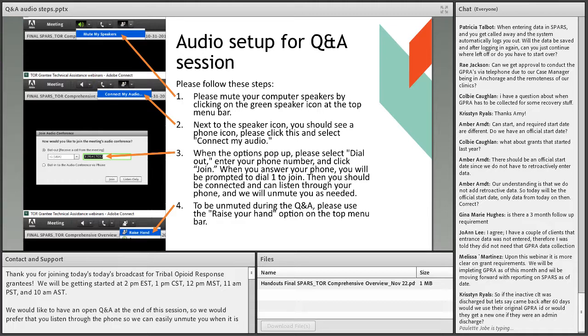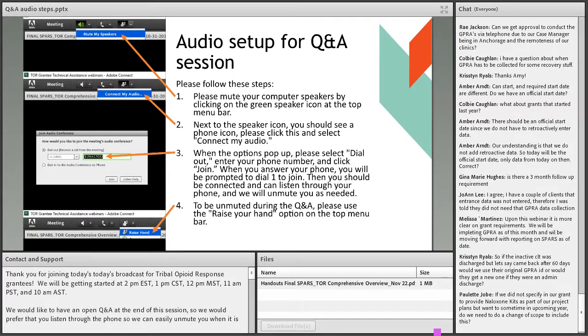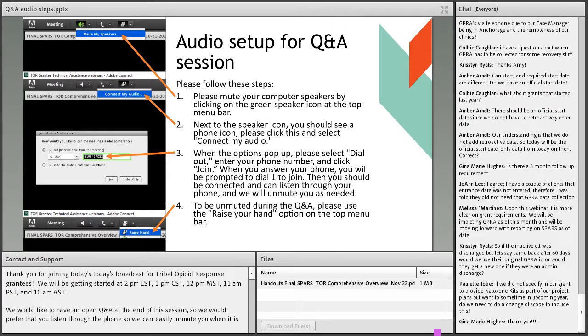Next question is from Gina. Is there a 3-month follow-up required? No, there's only baseline, 6 months, and the discharge. The next question is from Heather. If we previously submitted a grantee information form, do we need to complete another one? No, you do not. If there's some information about your program that is missing,